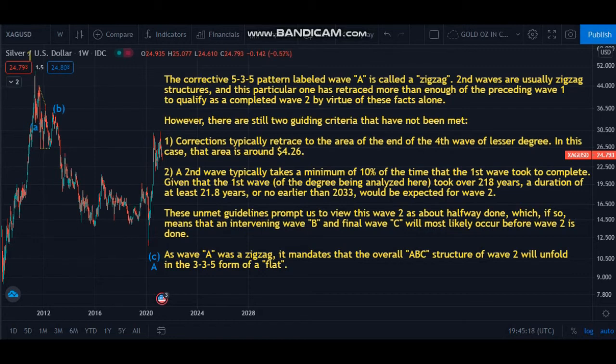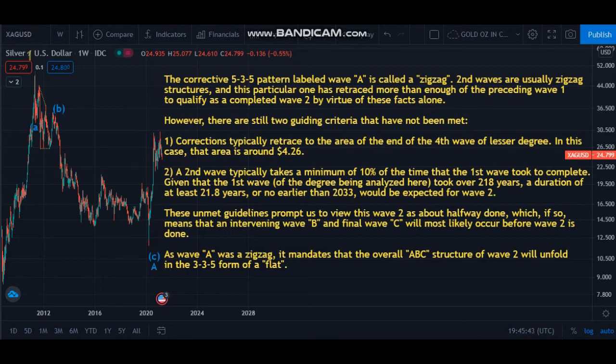However, there are still two guiding criteria that have not been met. 1. Corrections typically retrace to the area of the end of the fourth wave of lesser degree. In this case, that area is around $4.26. 2. A second wave typically takes a minimum of 10% of the time that the first wave took to